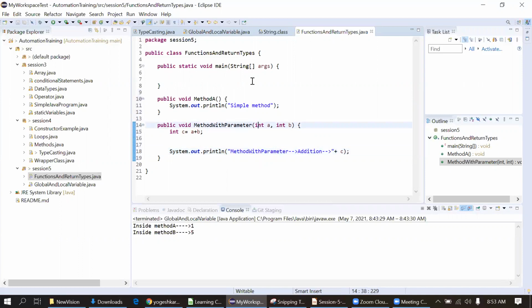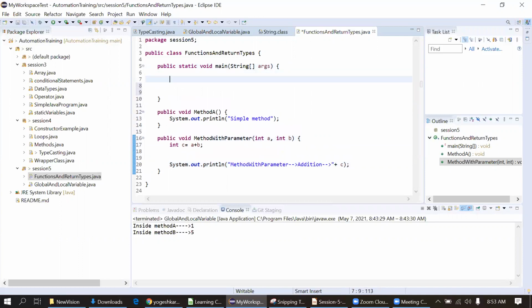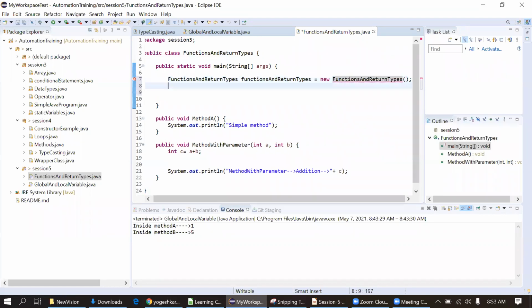Now I will simply create an object of this class. These are basic things you should remember. That's why I'm typing every time. Control space bar, is equal to new, control space bar, dot.